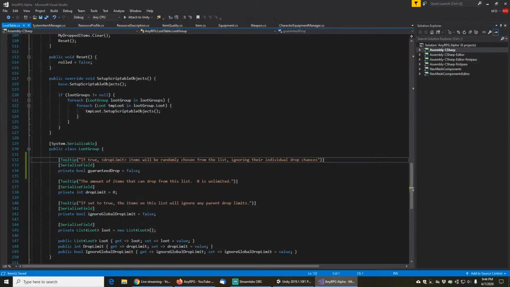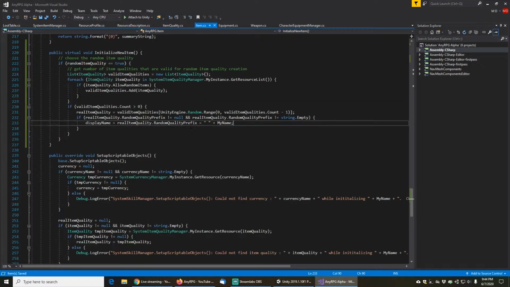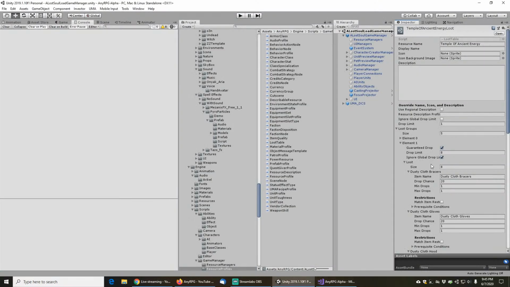see, when we're rolling the random item quality, right here, we have a completely equal chance of getting any item. I think for now that'll actually be okay. What I want to do though is I want to make it a weighted chance so that legendary items, for example, are far less likely to drop than other items. So